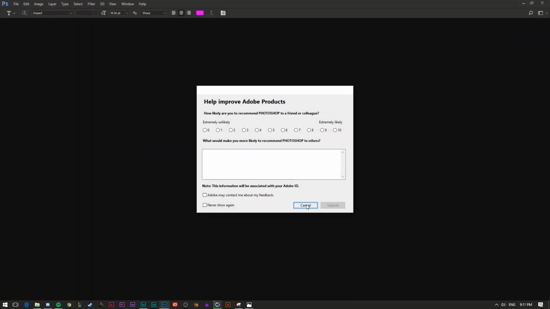Alright, I do not want to tell you how you can improve your Adobe products. Do I really want to? Nah, I'm joking. Don't say racial slurs, not cool. Anyway,